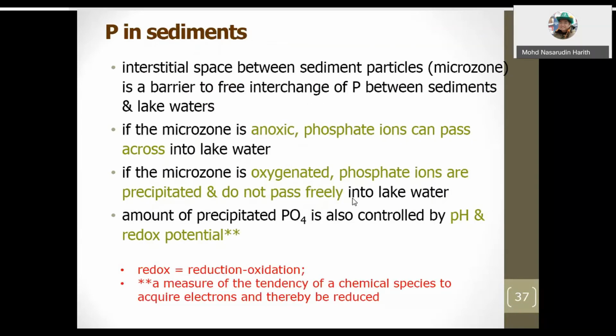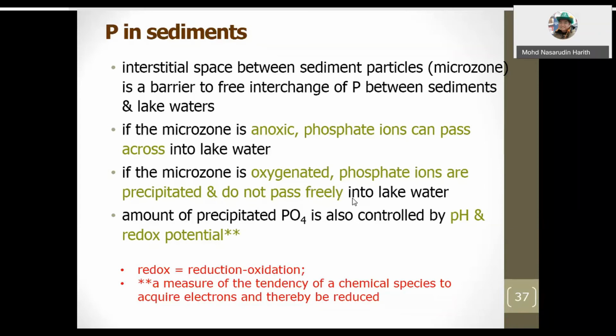The interstitial space between sediment particles, also known as the microzone, is a barrier to free interchange of phosphorus between sediments and lake waters. If the microzone is anoxic, phosphate ions can pass across into lake water. If the microzone is oxygenated, phosphate ions are precipitated and do not pass freely into lake water. The amount of precipitated phosphate is also controlled by pH and redox potential. I think you already know what redox potential is. It's reduction-oxidation, which is a measure of the tendency of a chemical species to acquire electrons and thereby